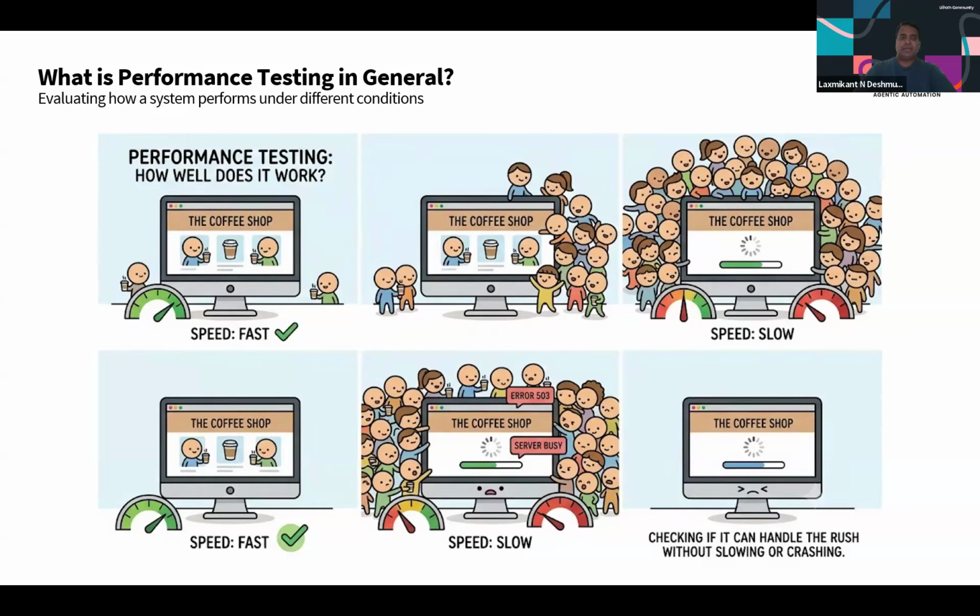But before that, if we have to understand what is performance testing in general, and if we take an example of a coffee shop application, it's an online application. If you want to order online something, a coffee for you or your family, then you are able to do it seamlessly on any normal day. But if there are any special offers going on, discounts going on, or any special occasion, and not just about the coffee shop, but any application for that matter,